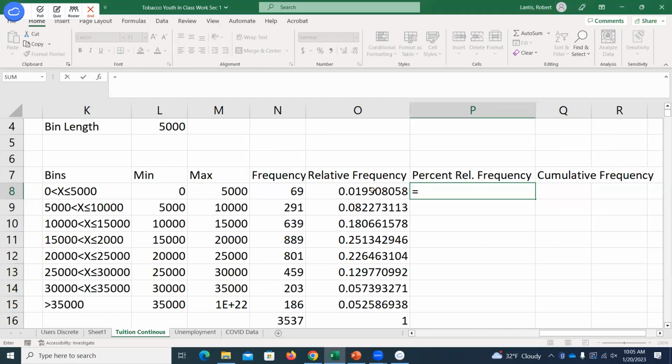So what I could do is just take that relative frequency and multiply it by 100. Now, when I copy this down, it updates the cell reference, so really I'm going to type this in one time.